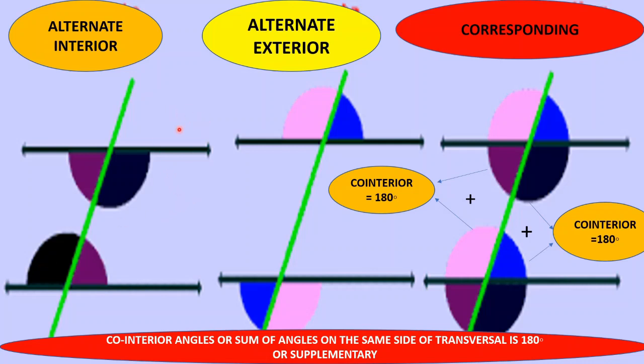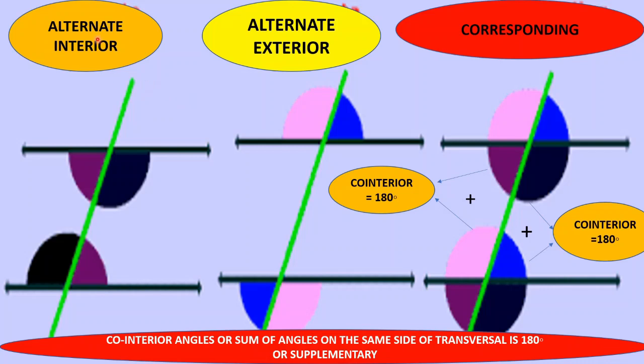From this figure, you can very clearly understand by seeing the colors that these alternate interior angles are equal over here. Since they are given the same colors, it shows the angles are equal. Here alternate exterior, here corresponding angles. Also these two angles show the co-interior angles, that is, the sum of co-interior angles is equal to 180 degrees. Hope it's now clear to you what corresponding angles, alternate interior angles, alternate exterior angles and co-interior angles are. Now let us see the sums based on this.